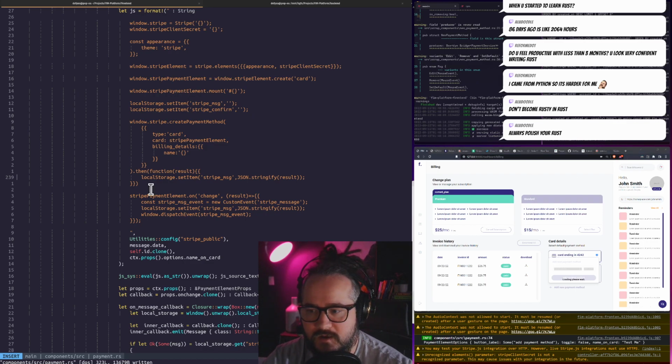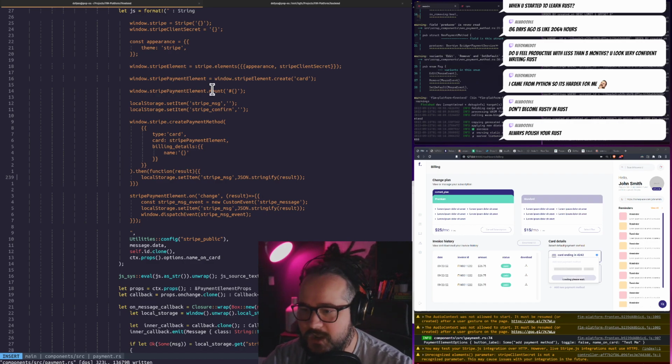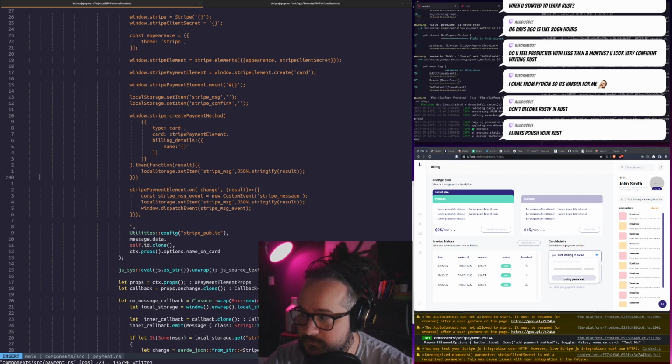Then, let's see. I'm not sure. I think it's getting stuck here in Stripe's create payment method element. So if that's the case, then maybe I can add a catch,